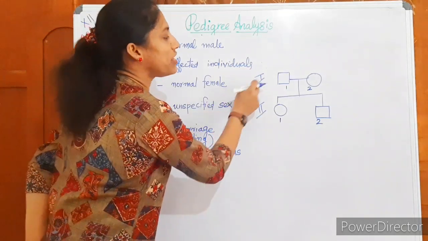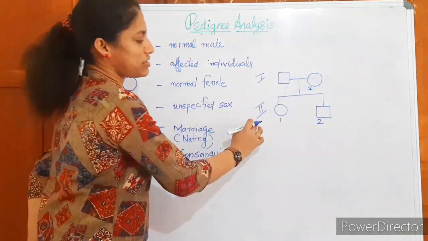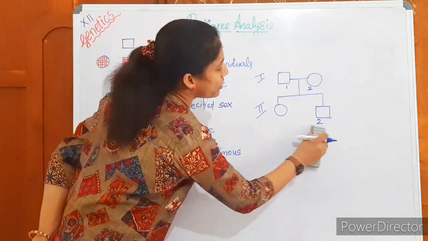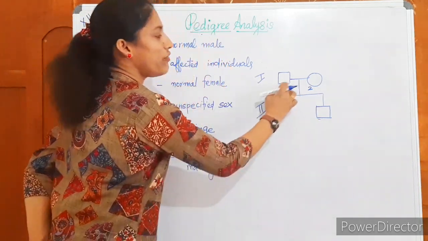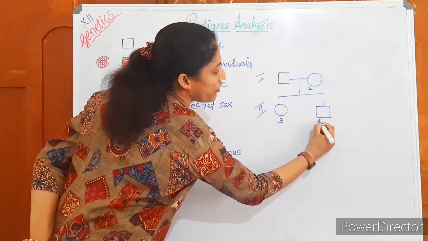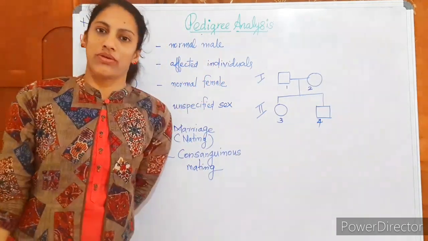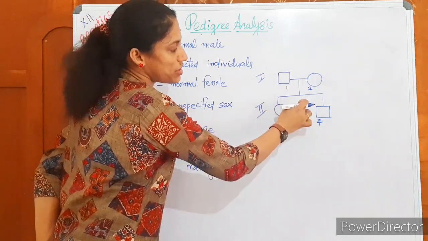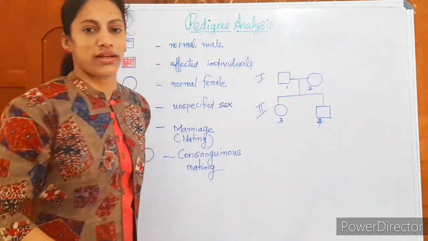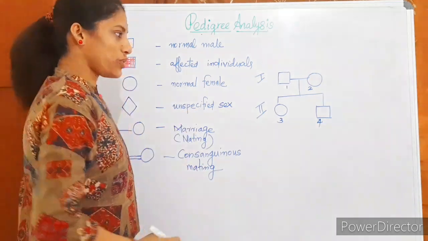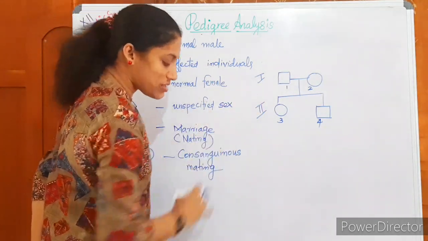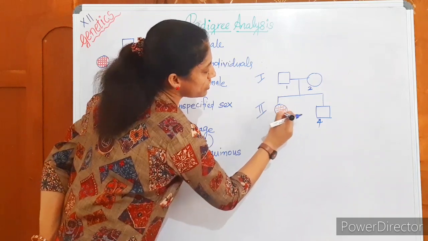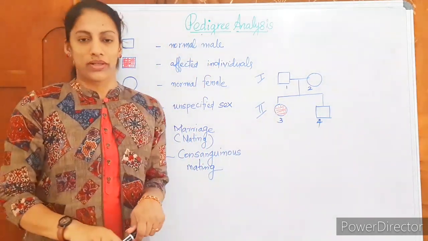This is the first generation, first member, second member. This is the second generation, first member, second member we can give. And in some pedigrees you can also see the numbers continuous: 1 and 2, then 3, 4, like continuous numbering. Anyway, parents are connected to their children through a vertical line. This indicates many generations, 2 generations are shown. If any member has the trait, we just shade that symbol.